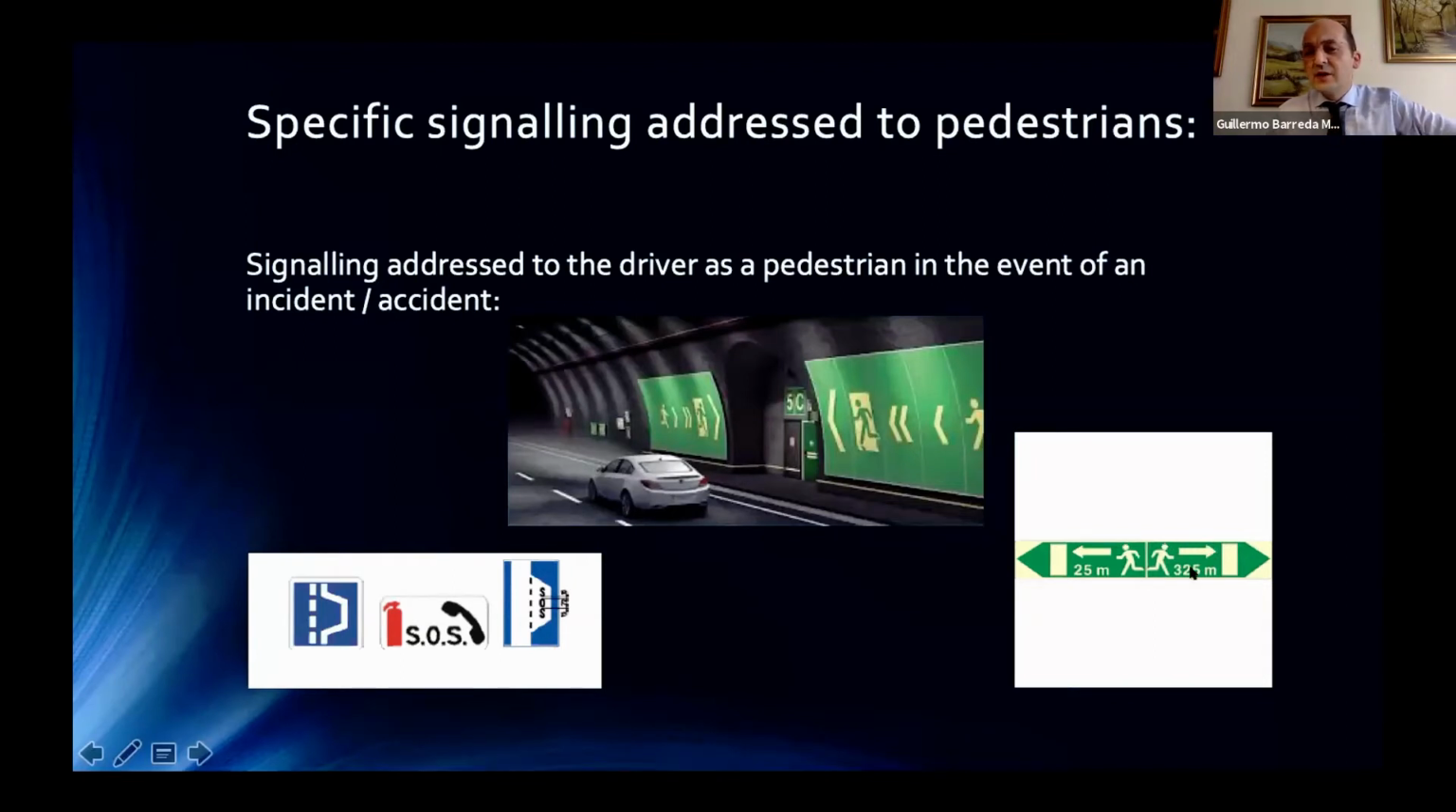This is the case to advise the pedestrians to leave the tunnel. Where is the entrance of the tunnel? The entrance and the exit of the tunnel. Maybe this is the exit of the tunnel, 25 meters, and the entrance is at 325. Well,